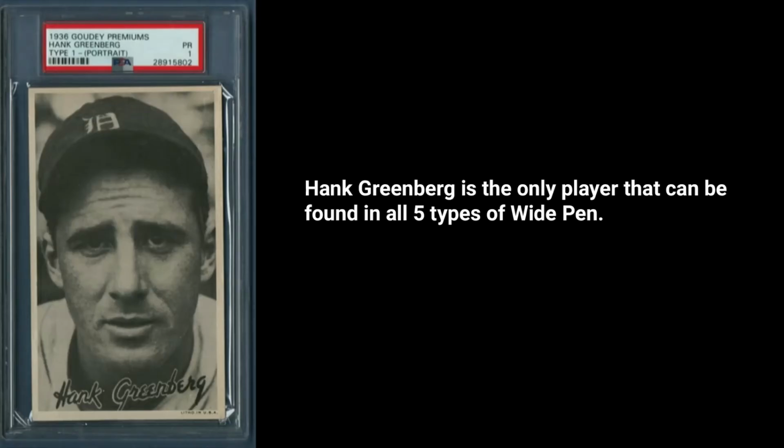Really, the one exception is Hank Greenberg, who is the only player that appears on all 5 types, and even then, types 1, 2, 3 are easily identifiable based on either the litho USA notation or the presence of the border, but a Type 4 and a Type 5 can be a little bit difficult to differentiate between,